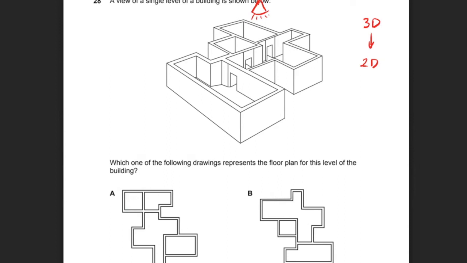So when you do this sort of question, you want to look out for distinct patterns and shapes. And the one that really stands out to me is this little square here, as well as the rectangle that's right next to it. It's quite distinctive, right? Every other shape is quite complicated, but I know that there should be a square and a rectangle right next to each other, right? So we really should be looking for a square plus rectangle combo in one of our answer options. So now if we go down,